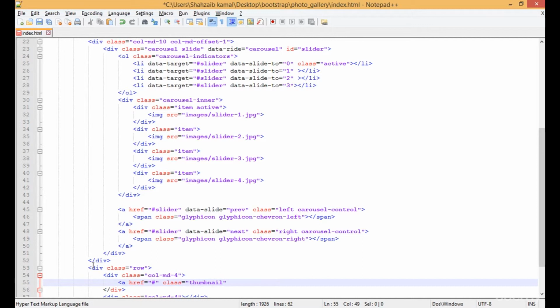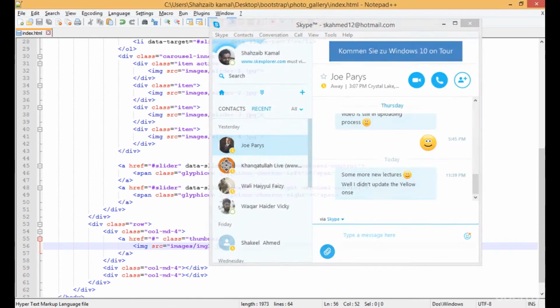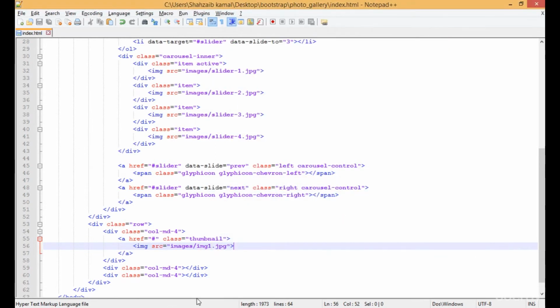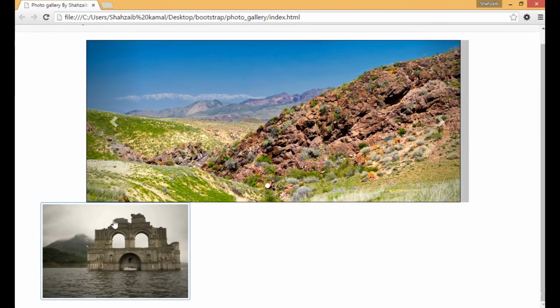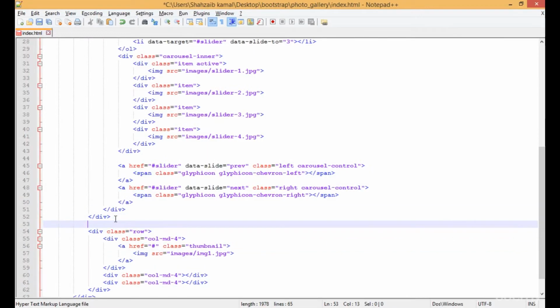thumbnail. I'll guide you on what a thumbnail is. Going inside the a tag, I'm putting the img with src images/img1.jpg. Now save and go to the browser, refresh. Now I've got the image here, you can see that. But just before this row I'm doing one more thing. Okay, the div